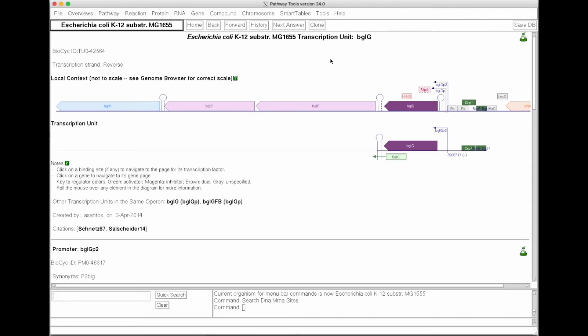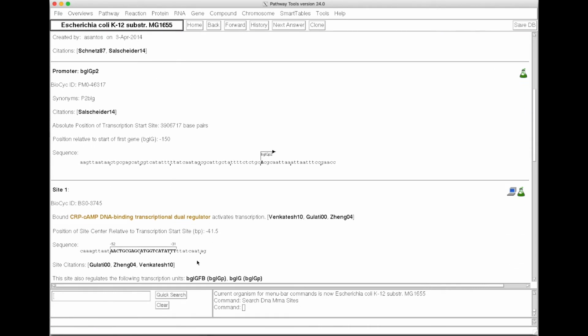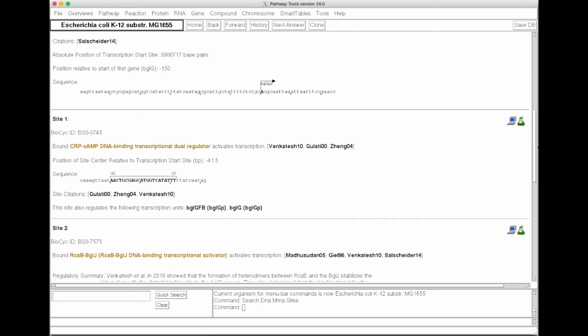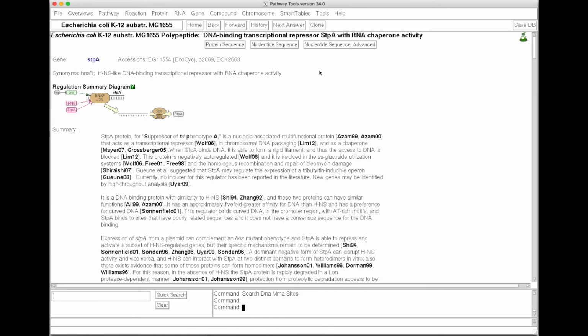And so this actually takes us to another type of information page, the transcription unit page, which shows a detailed picture of the transcription unit containing the attenuator that we just selected, showing that there's a couple different promoters at this transcription unit. There are several transcription factor binding sites known. There are several terminators known. And if we scroll down, we'll see a detailed description of each of the sites that regulate this operon. If we now click on this site, it will take us to the transcription factor page for that transcription factor,